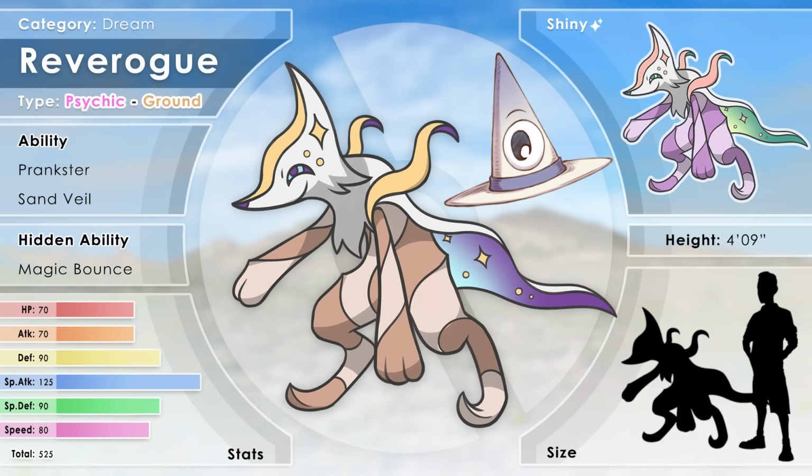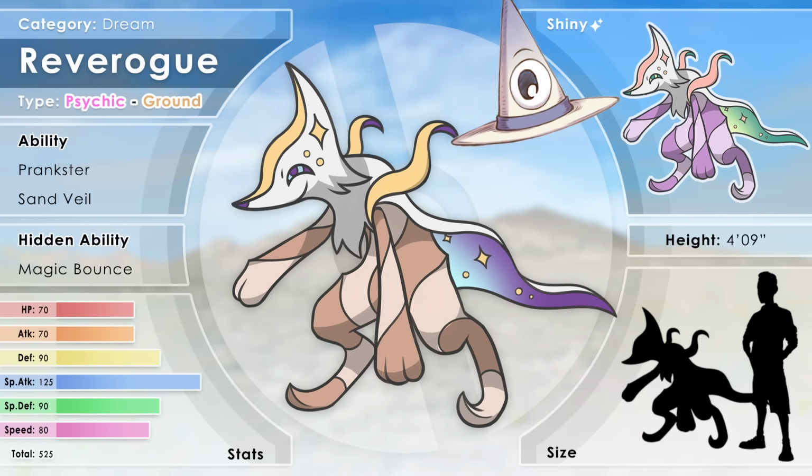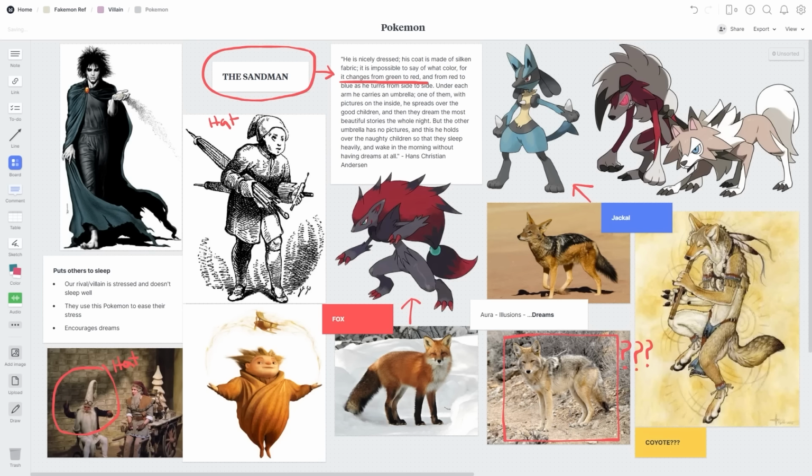Oh, it took him so long to get it. I thought I said a slur or something. Oh, I get everything now. But yeah, it's a pointy hat, but also it's like the moon. It's a crescent moon, and the ear holes are like stars. It turns out in the original writings by Hans Christian Andersen of the Sandman, he has a cloak that changes colors.